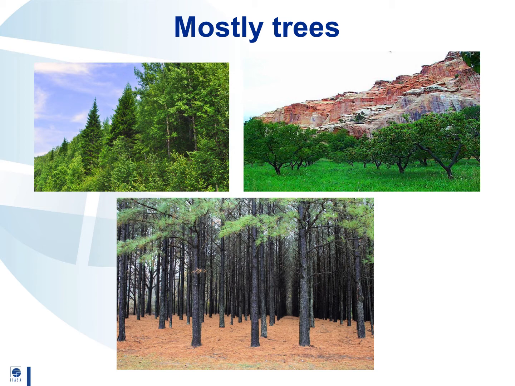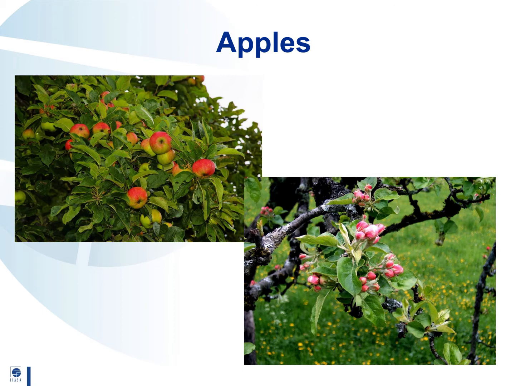If you chose mostly trees, then decide whether they are planted or naturally occurring trees. If planted, then your options are fruit orchards or tree plantations. Fruit orchards can be apples,